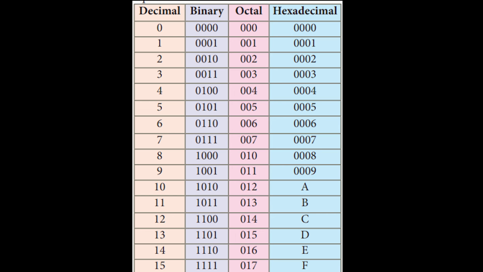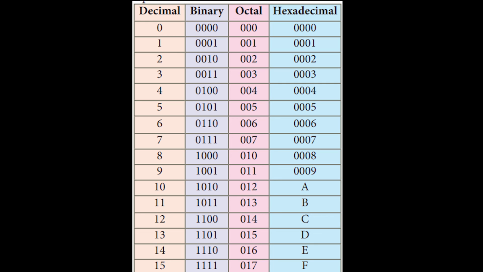Not only decimal to binary, we'll be converting binary to decimal, octal to everything in the next session. Before learning the conversion, you should have a clear idea what a decimal number is, what a binary number is, what octal is, what hexadecimal is. Decimal we know, binary we saw today, octal means we have till 7. After 7 it is 10, 11, 12, 13, 14, 15, 16, 17. The digits 8 and 9 must not come in this. Octal means after 7 it automatically moves to 10.